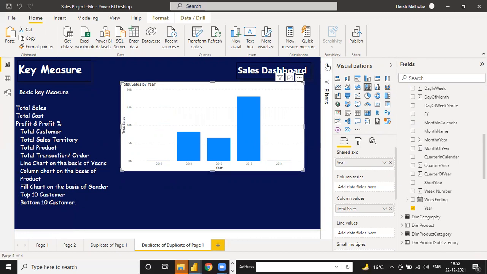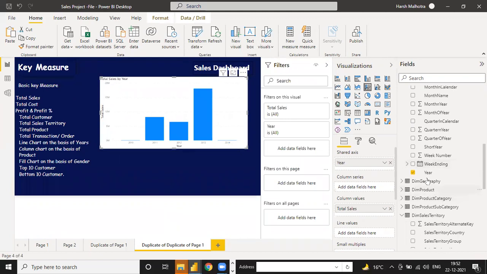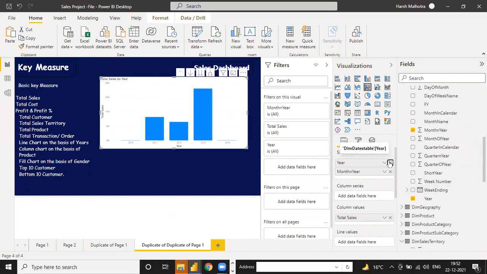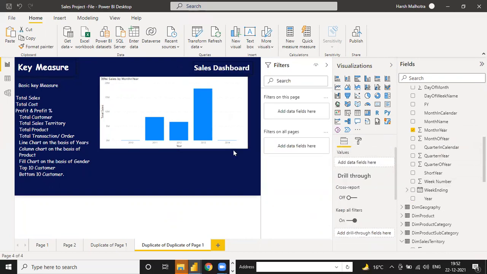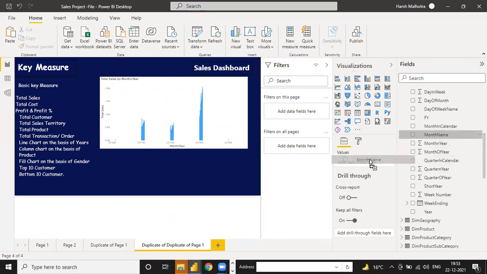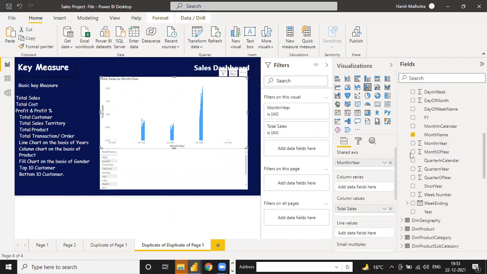So you can do one more thing. If you don't want to show these sales on a complete basis, you have two options. Either on the basis of year, you can use your month and year, like this 2010 month and year, or month name. Click on this.